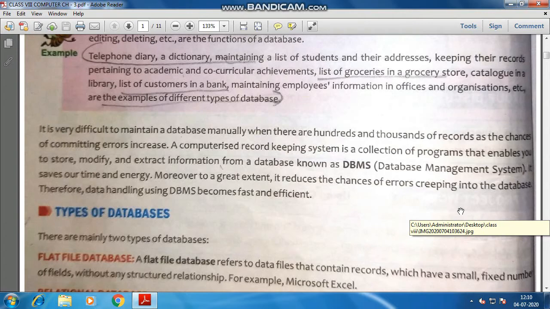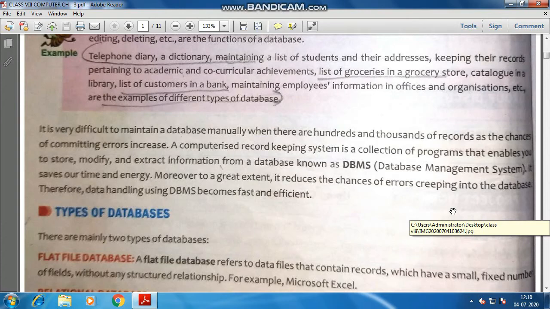So next, it saves our time and energy. Definitely it saves time and energy, because you just sit at a system, and if you are proficient in typing, it will take very little time to complete your database, entering the data in a database management system. Moreover, to a great extent, it reduces the chances of errors creeping into the databases.